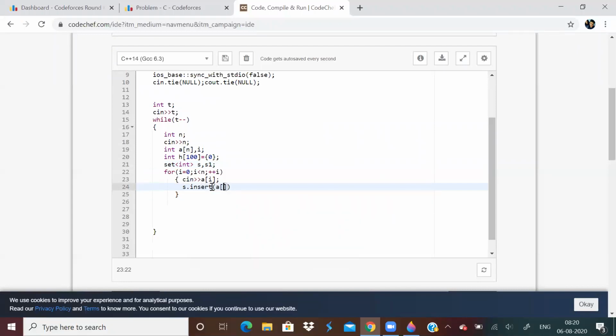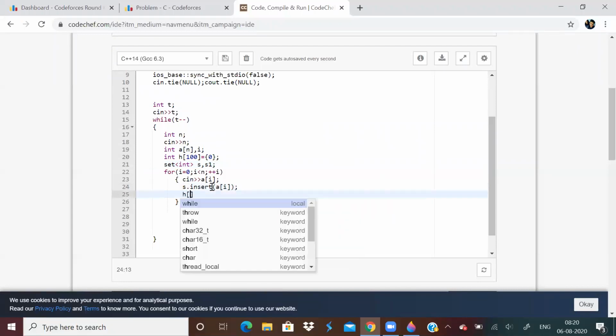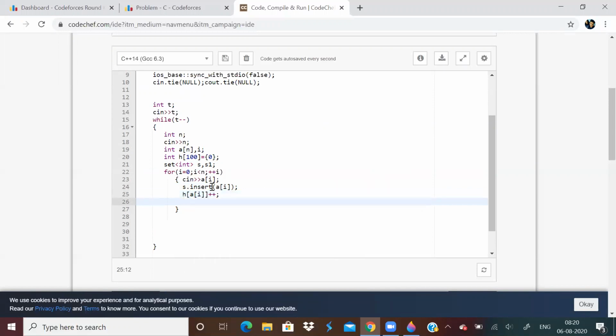This will store only the unique values, and I'll increase the frequency of every element, and I'll also keep a variable called m1. M1 will help me to find the maximum frequency element.